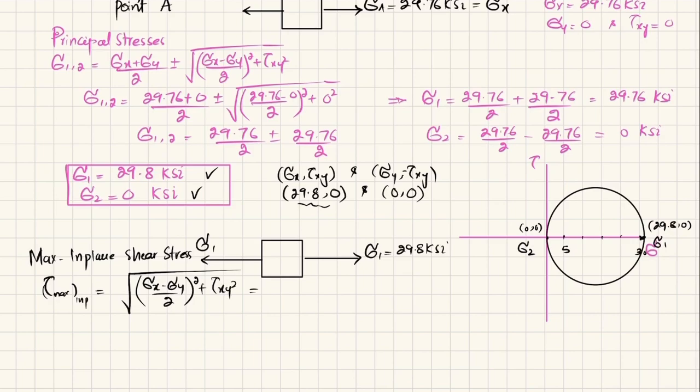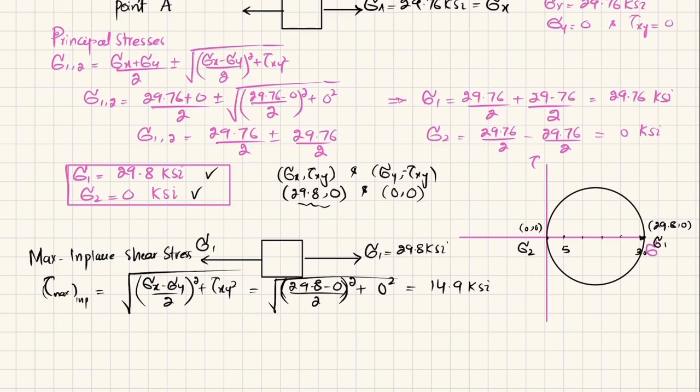So put the values: 29.8 minus 0 divided by 2 whole square plus 0 whole square under the root. And when you calculate, it will be 14.9